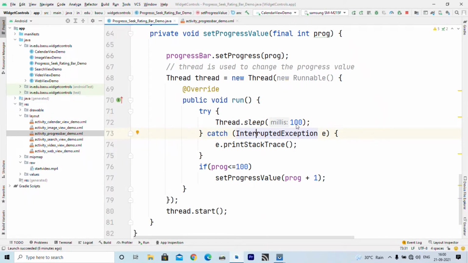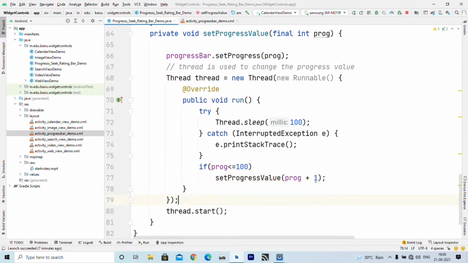So we write this statement inside try catch, and if progress is less than 100, or until progress reaches 100, we want to increment progress by 1. So I call setProgressValue, which recursively calls this function with the last progress value. So initially it is 0, so next time it is incremented by 1, so it goes to 1, then 2 and 3 and up to 100.